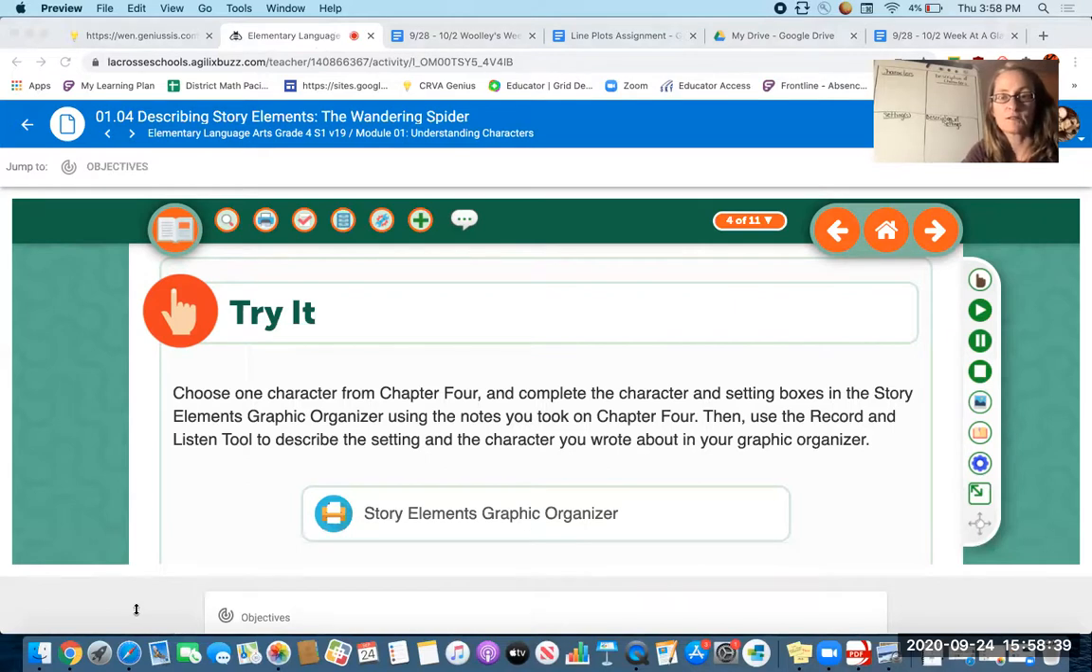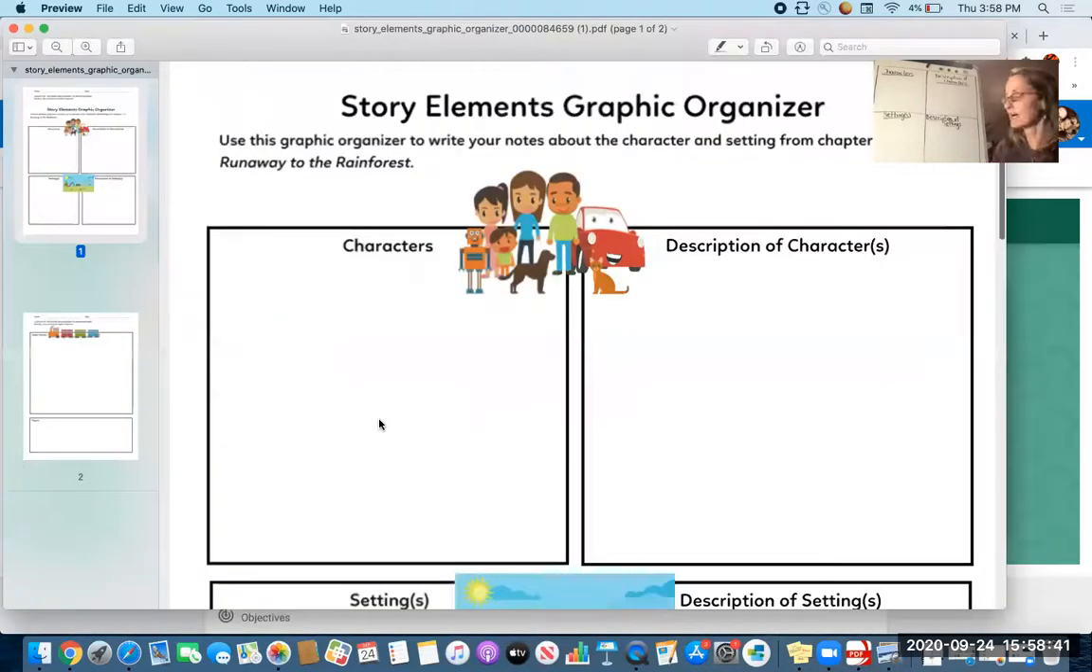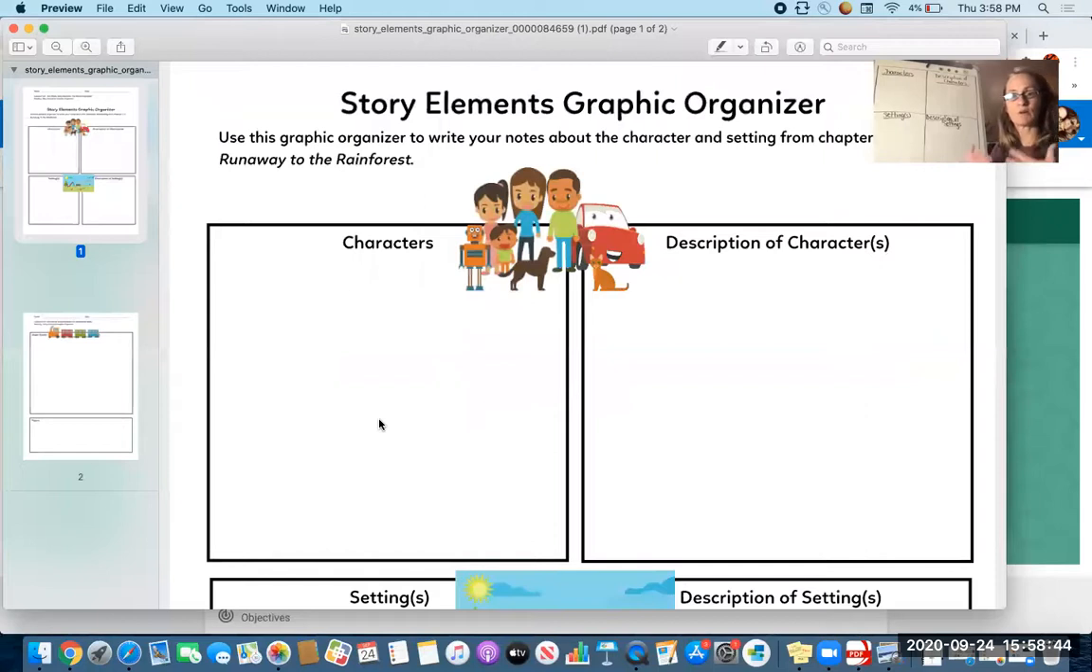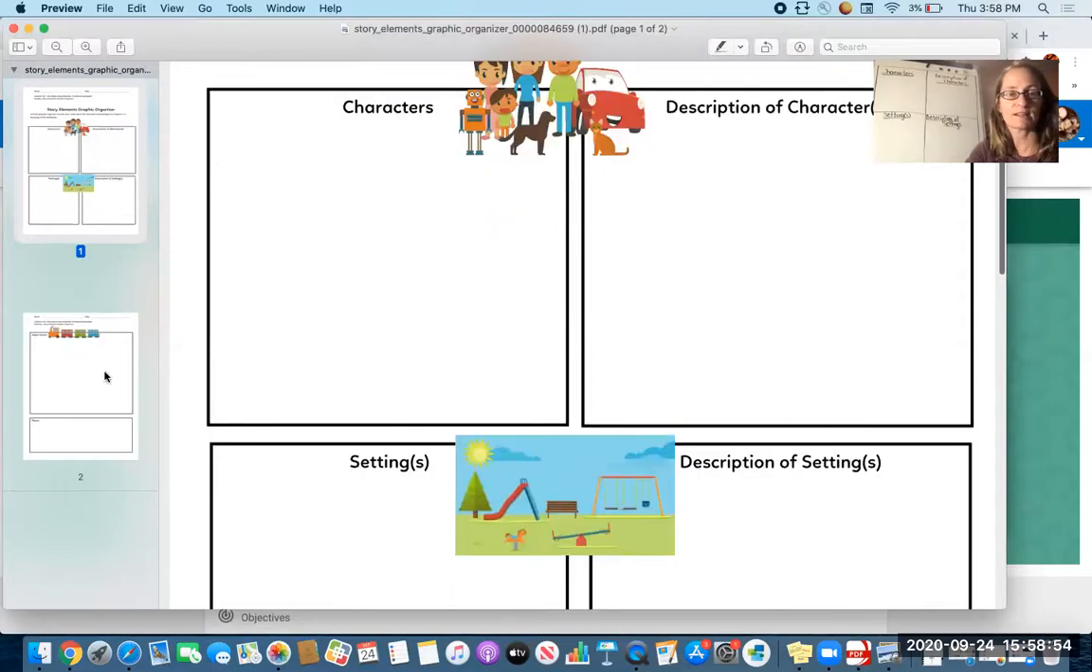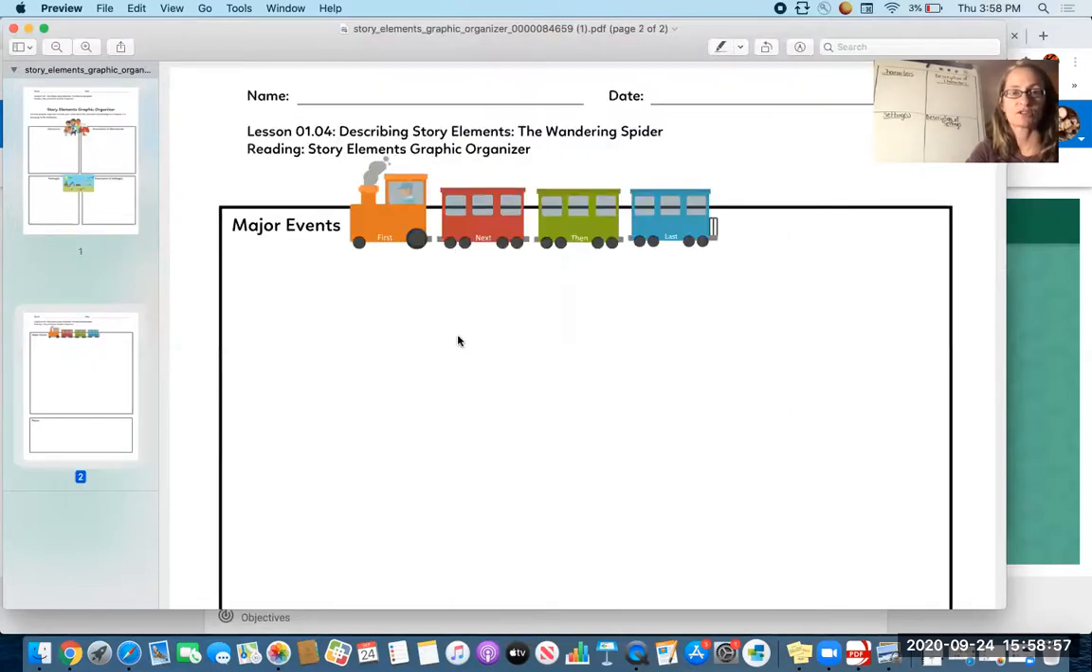Okay, so this is what it looks like. That's in your packet, and I'm going to go ahead on my dry erase board, show you how I would take the information from the story and put it in this graphic organizer. So my chart on my board looks just like yours. You are not doing the second page right now. We're just going to do